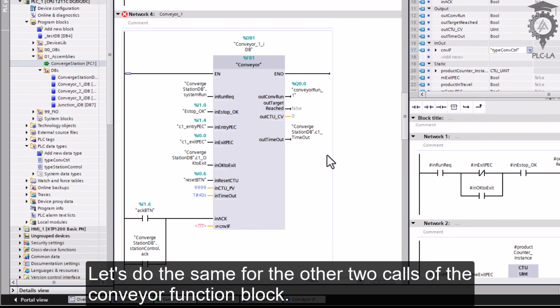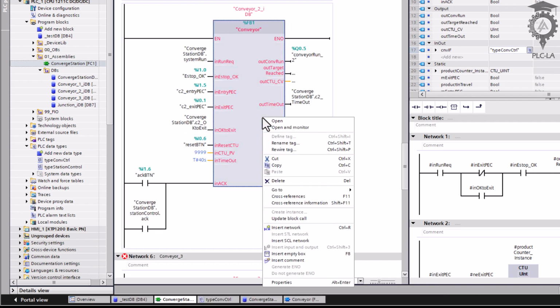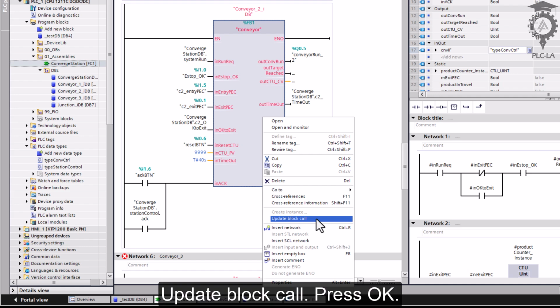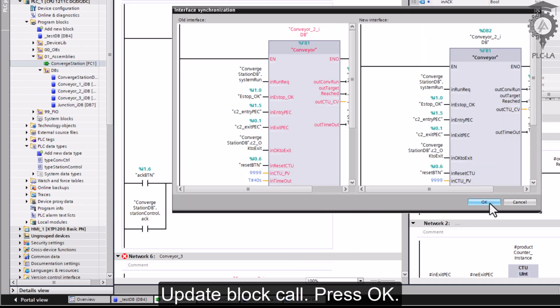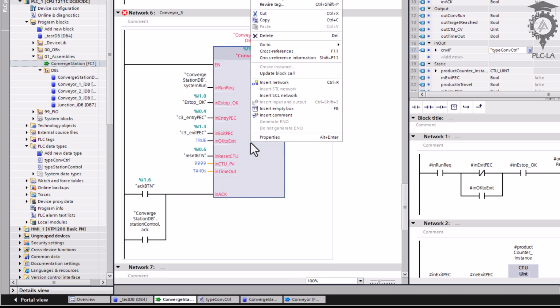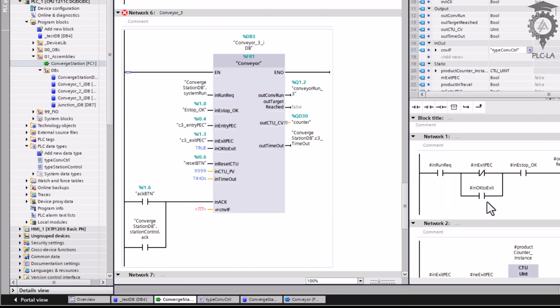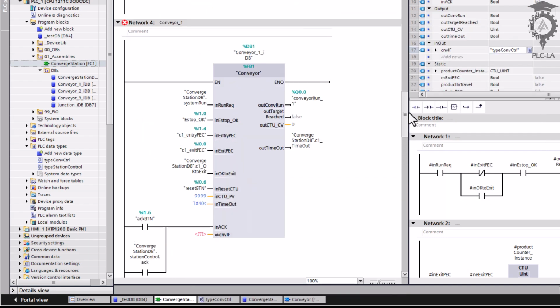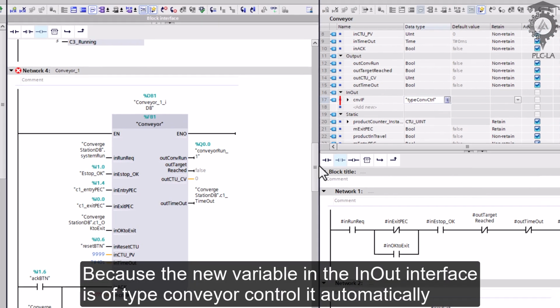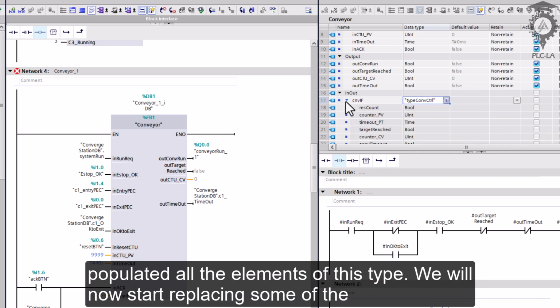Let's do the same for the other two calls of the conveyor function block. Update block call. Press OK. Update block call. Press OK. Because the new variable in the in-out interface is of type conveyor control, it automatically populated all the elements of